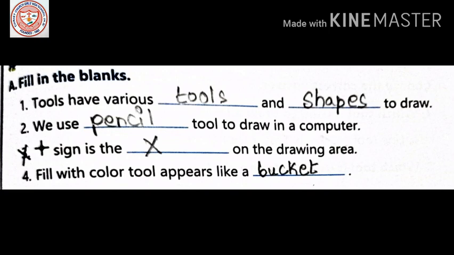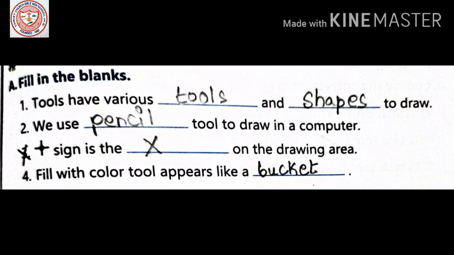The pointer sign, the number 3 one, you are going to write: this sign is the mouse pointer on the drawing area. Okay, this question is not appropriate, so you are not going to solve this in the book. Just give a cross in number 3, because this is not an appropriate question which is asked.